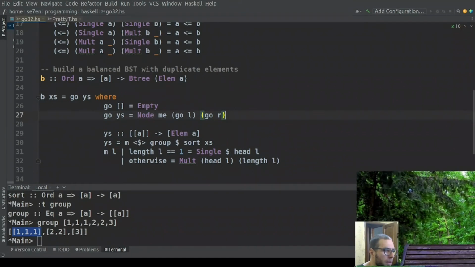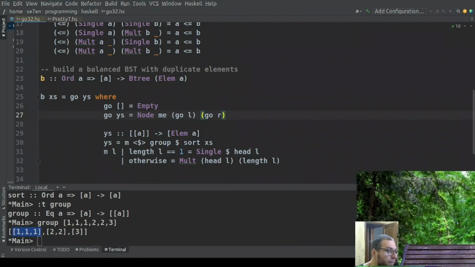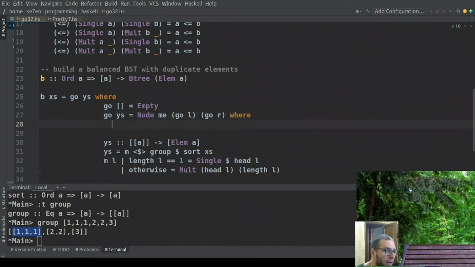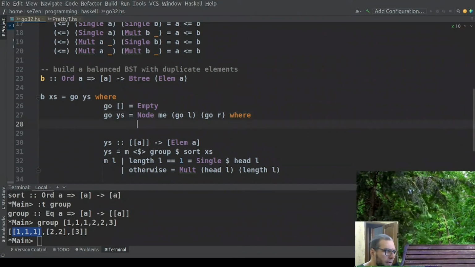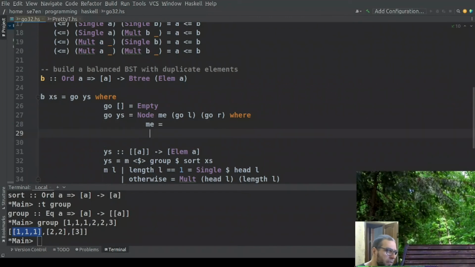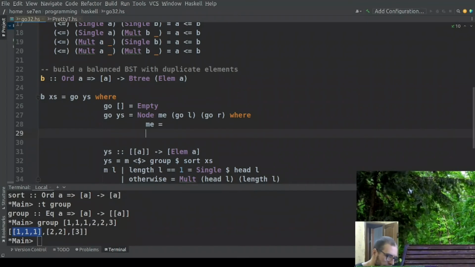And of course I need to do definitions here. So I need to define median, and I need to define left elements from the median and right elements from the median, and actually I can do it with